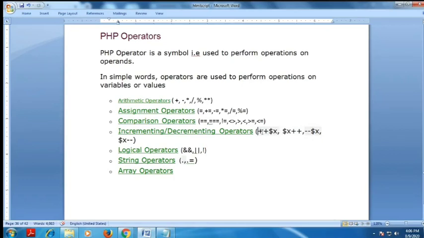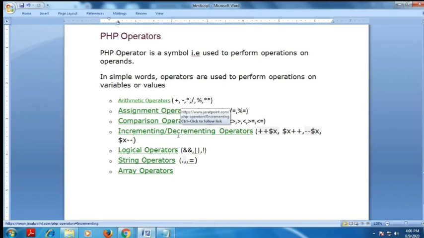Pre-incrementing, the pre plus plus, means you add 1 before using the variable. Post-incrementing is after the variable. In the same way, decrement operators are divided into two types, pre-decrement and post-decrement. Minus minus before the variable x is pre-decrementing, and the variable followed by minus minus is post-decrementing. This is incrementing and decrementing. What is the use of increment and decrement? You add one to any variable. That is the meaning of incrementing.